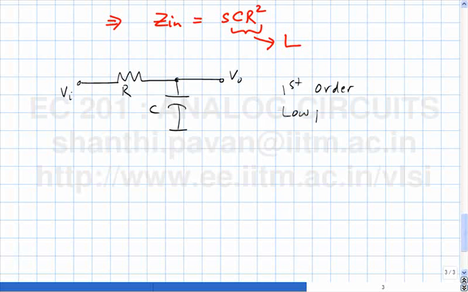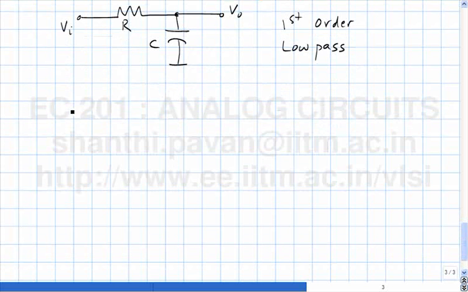Low pass filter. Now why is it low pass? Because at low frequency the capacitor is open, so VO will be equal to VI. At high frequency the capacitor is short, so VO will be equal to 0. So this network is partial to low frequencies and attenuates high frequencies. What about